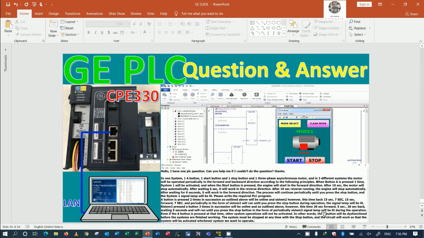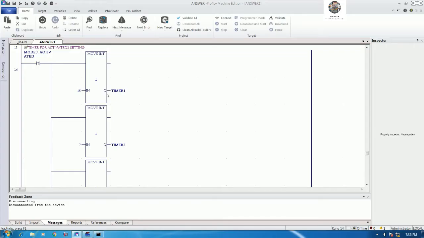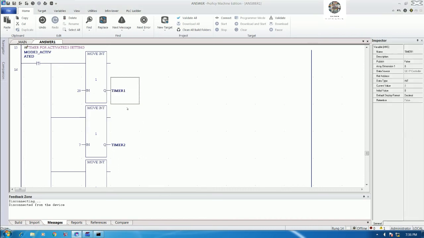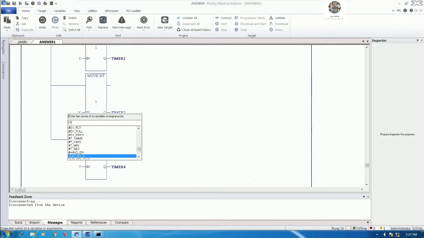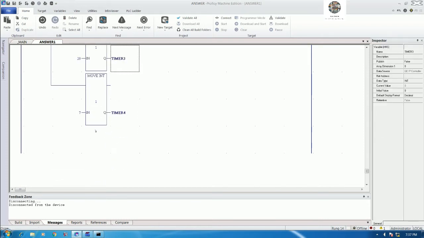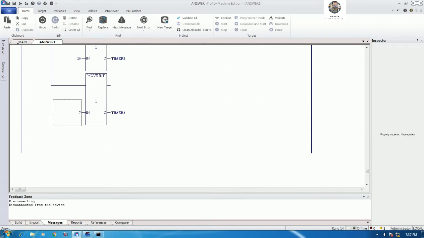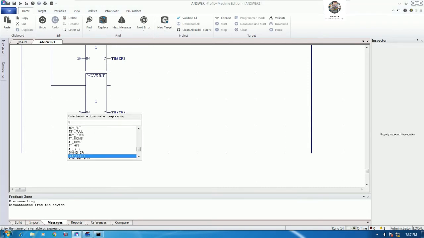Timer is 20 and 5, right? 20. So start 20 seconds, stop 5 seconds, right? Start forward 20 seconds also and stop 5 seconds. Okay,